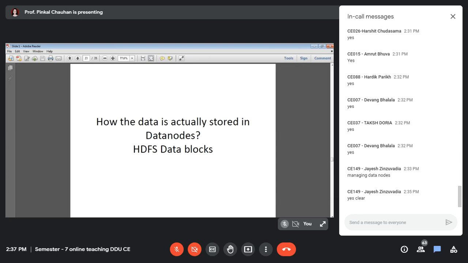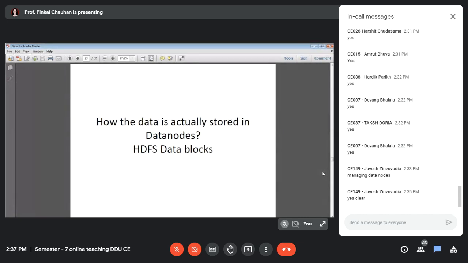Using Oracle VirtualBox and all, where you can create multiple machines and consider them as different data nodes, and one of them can act as a name node, and then you can set up a virtual Hadoop cluster as well, right? So that can give you a feeling of working on the distributed architecture, but otherwise it is done in our labs as well, right? So let us proceed further with this topic, right?